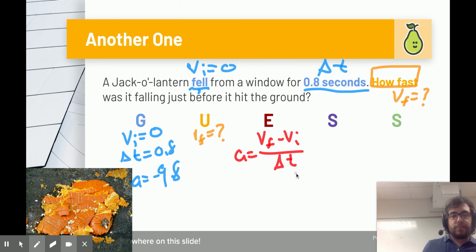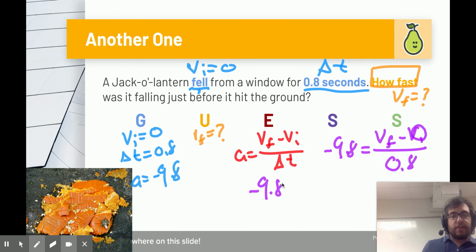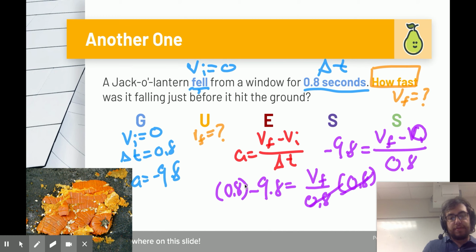Now we just gotta substitute everything correctly. So a is equal to negative 9.8. I think these are the easiest problems that you will have. Oh, VI is 0, my bad. And time is 0.8. So now we are left with negative 9.8 is equal to VF minus 0, which is still just VF. In order to get 0.8 to the other side, because we got to get VF alone, we got to multiply by 0.8 on this side. And whatever we do on one side, we do to the other. So 0.8 times negative 9.8